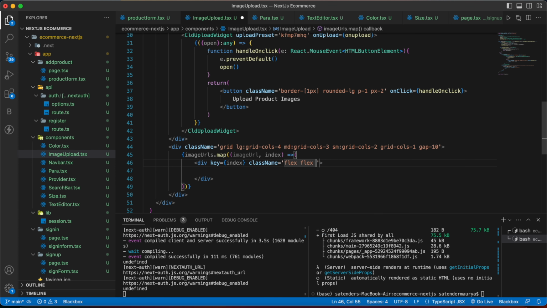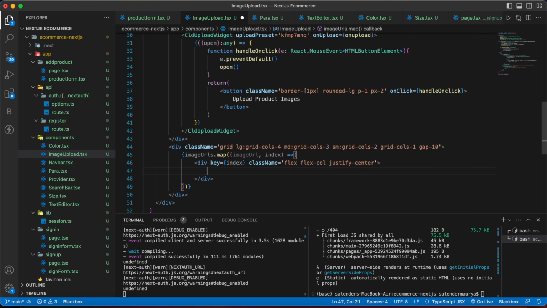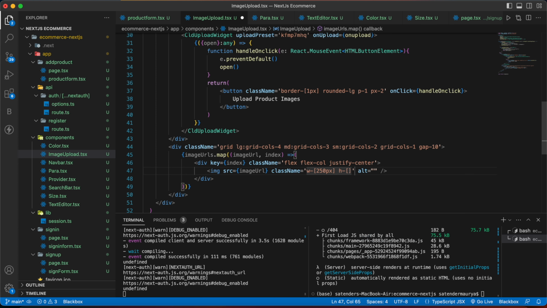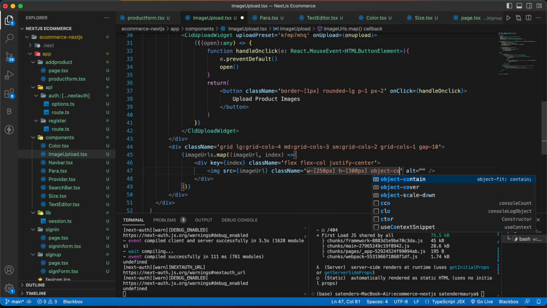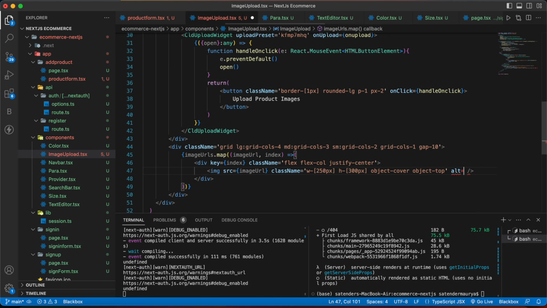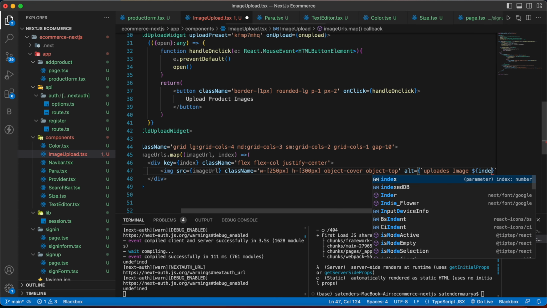which will be flex flex-col justify-center, and then inside that we are going to have image src will be imageUrl and then a class name which will be w-250 pixels, height 300 pixels, object-cover, object-top, and in the alt write uploaded image index + 1,